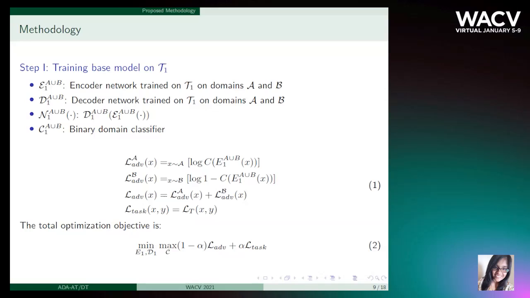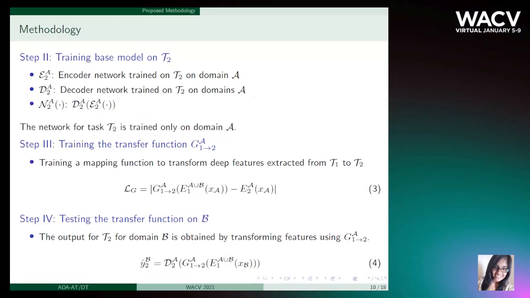So to tackle this, we add a binary domain classifier that predicts the domain of the input image. The encoder, the decoder, and the binary domain classifier are together trained in an adversarial setup, which aids in tackling the domain shift between the features extracted by N1 for both A and B. We perform a min-max optimization on the weighted sum of the adversarial loss and the task-specific loss.